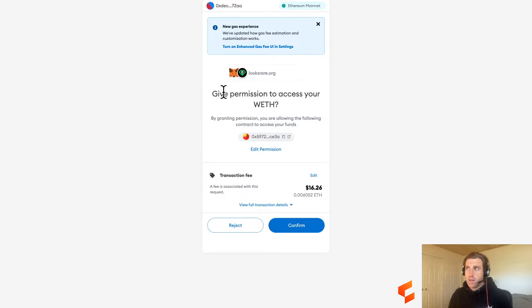Now, this first one is to give permission to access my wrapped ETH. Because Web3 wallets are self-custody, LooksRare can't spend my tokens. I'm telling them to spend my ETH because I want to buy that NFT. They can't spend my ETH unless I actually give approvals to spend that ETH. So in this case, LooksRare is going to be a 2-transaction NFT purchase. Number one, we are going to approve the spending of my ETH, and then secondly, we would actually press the